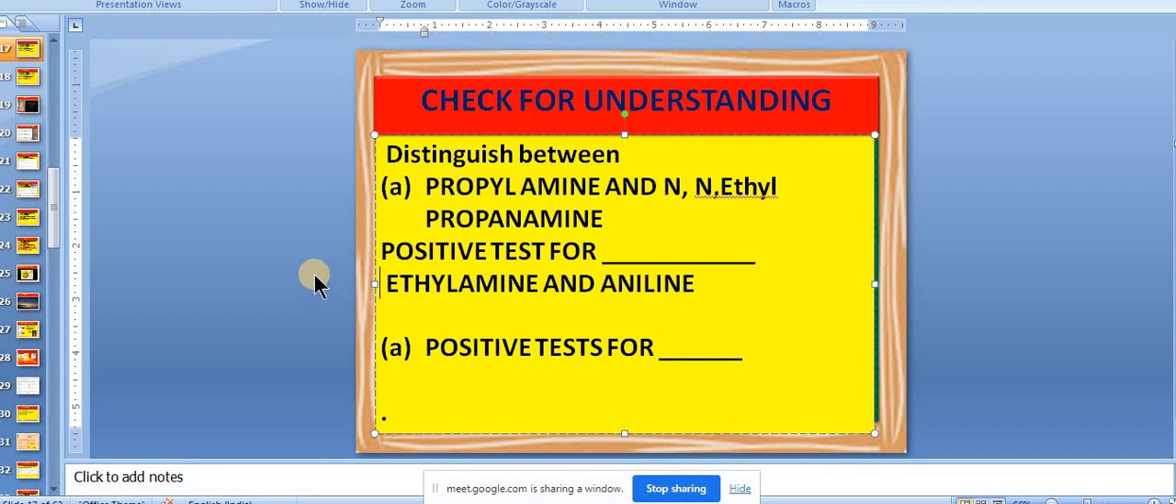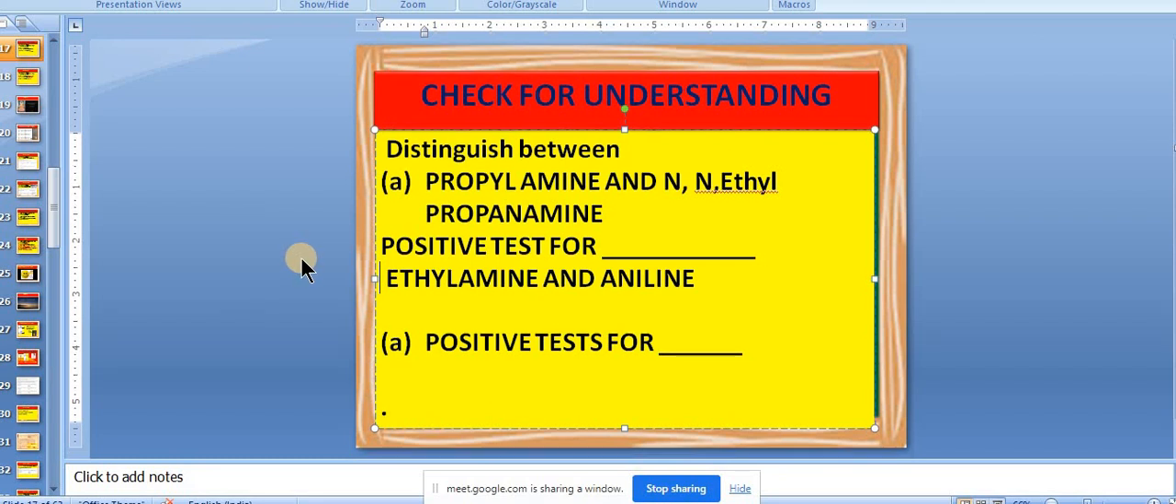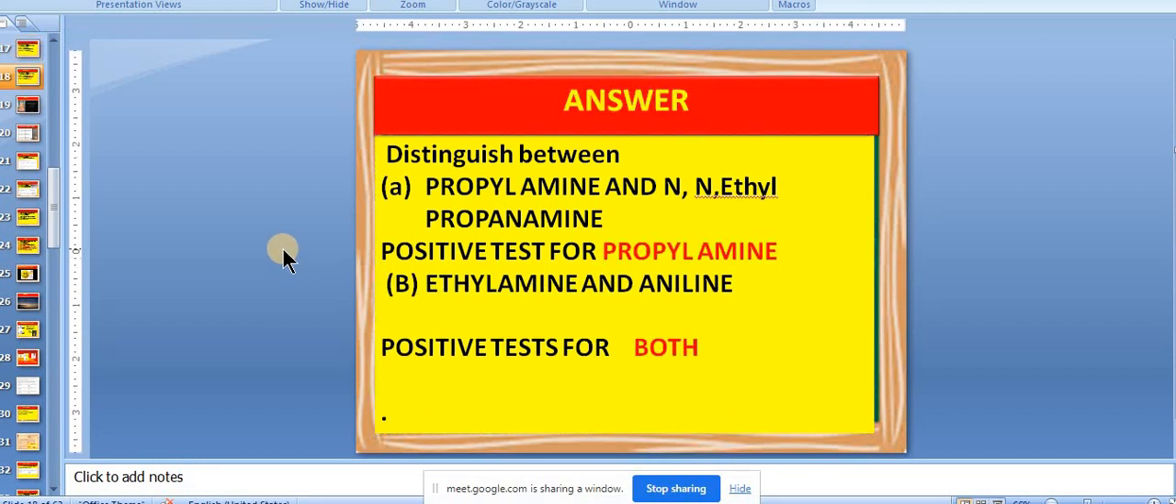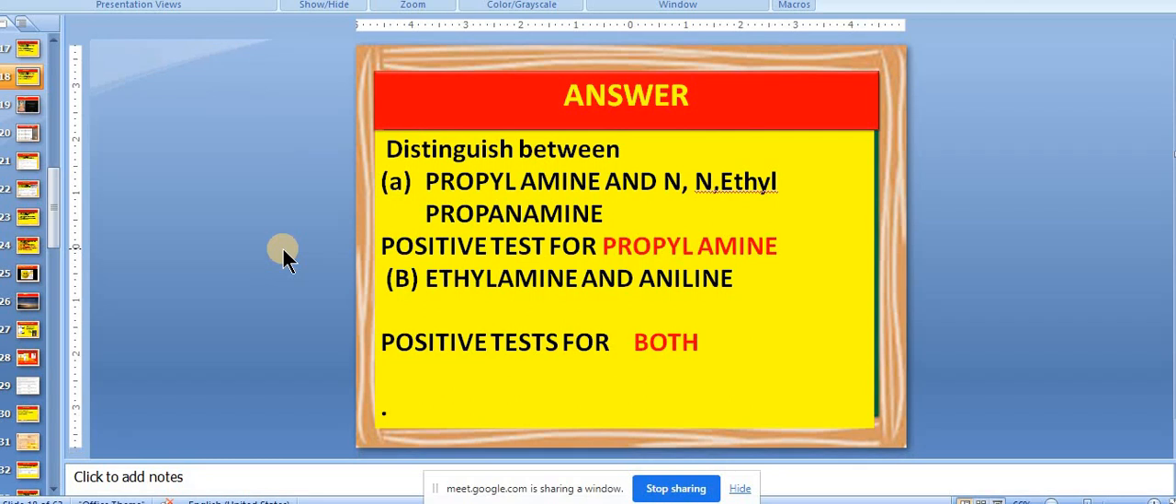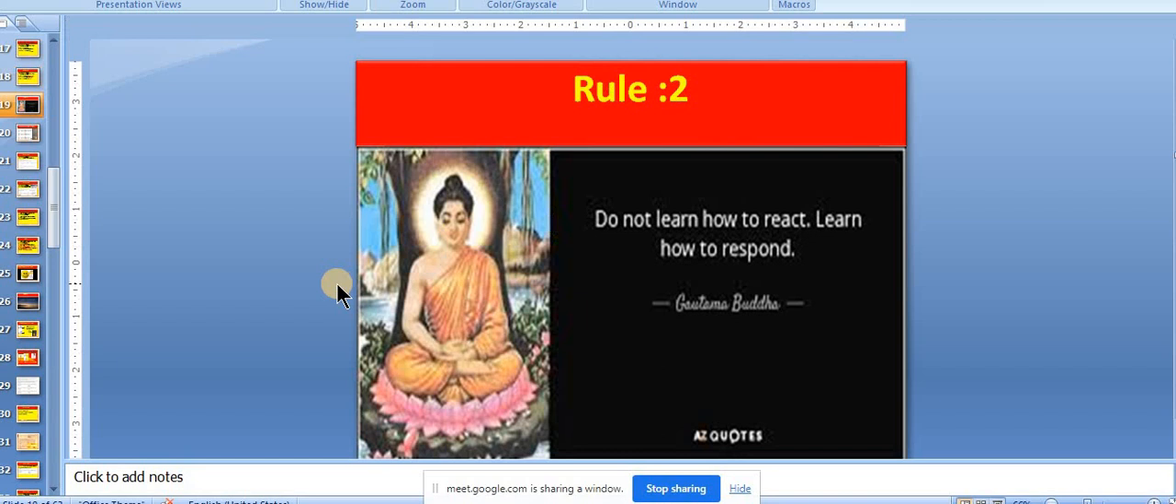Answer is both. So therefore, we cannot apply Carbylamine test in case of ethylamine and aniline. Whenever 1 degree amine is there, aliphatic as well as aromatic, you cannot apply the test. So then which test will be applied, we will take care. We will see at the end of this session. Okay. So these were the answers. Ethylamine and aniline giving both tests. Okay. Now let us